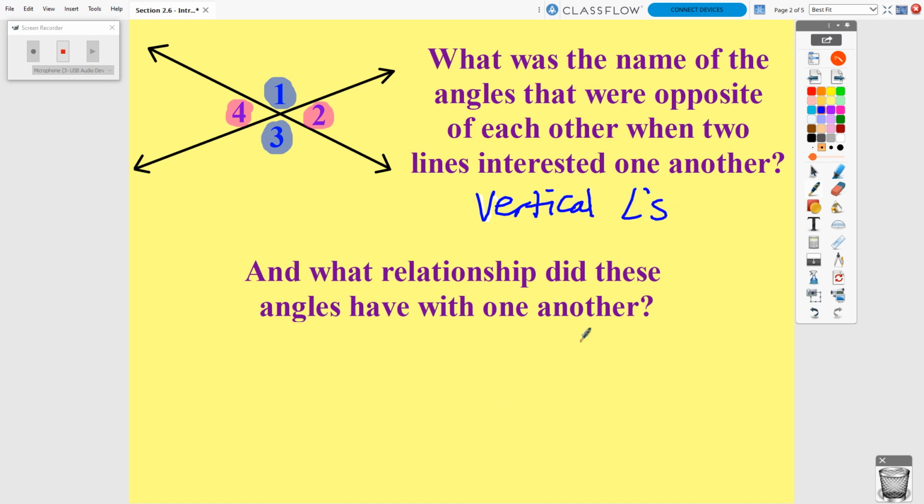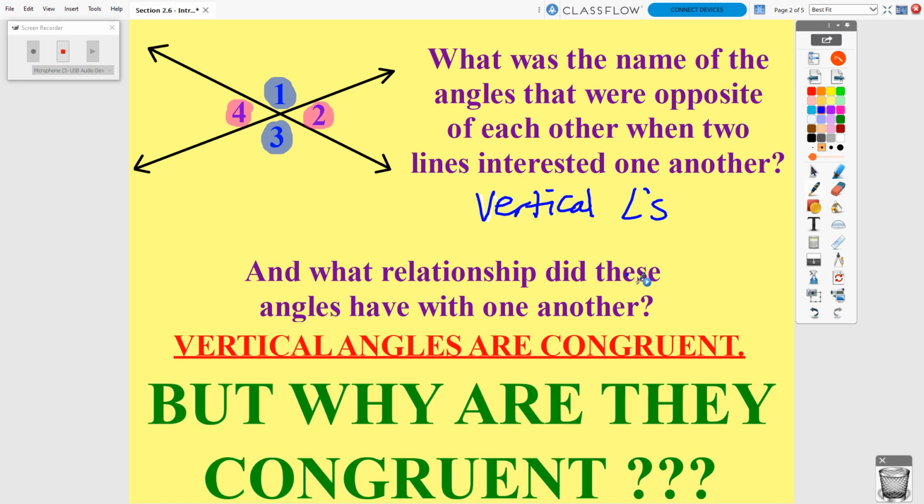And what relationship did these angles have with one another? Well, last chapter we really didn't talk about a specific mathematical relationship that vertical angles had with one another. So that's what we're really going to discuss. What does it look like may be true about angles 1 and 3? What does it look like may be true about angles 2 and 4? They look like they're maybe the same angle measure. And I would say that that is the case here. That's what we're going to prove is true. So we're going to show that vertical angles are equal or congruent,